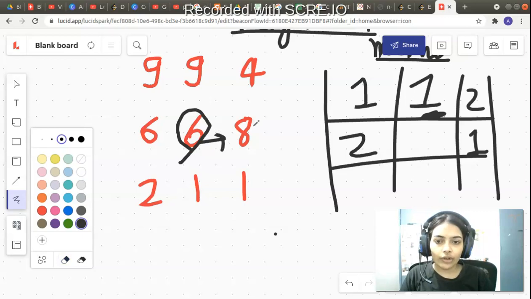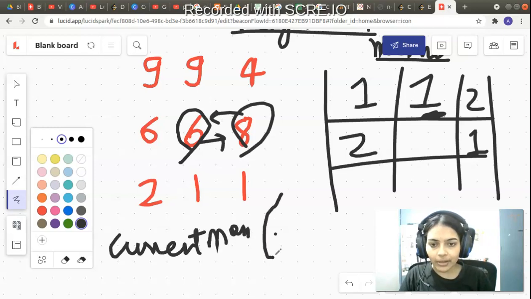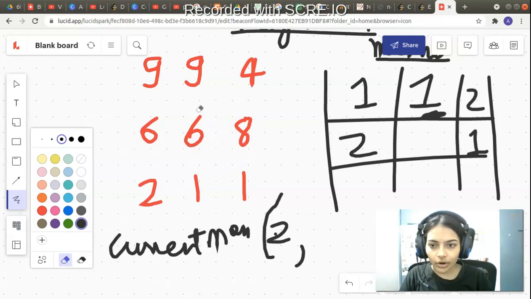6 will make a function call first to its right neighbor, 8. 8 has a value of 1 in the memoization matrix, so it will return 1. 1 plus 1 is 2. The current max has to choose between 4 values from all of its 4 neighbors. So the right neighbor for 6 has returned a value of 1, and 1 plus 1 is 2. Then it makes function calls to all of its other neighbors. Its bottom neighbor is useless because 1 is less than 6. It will just return 0. 0 plus 1 is 1.